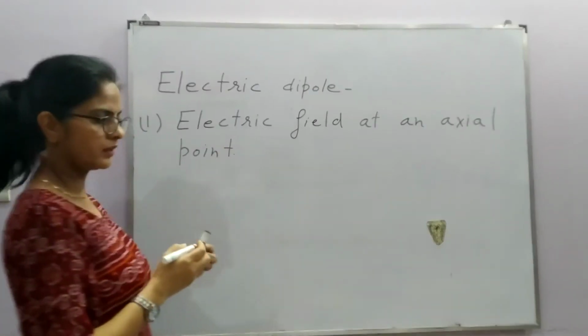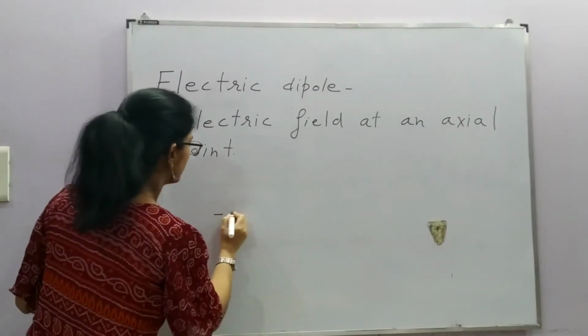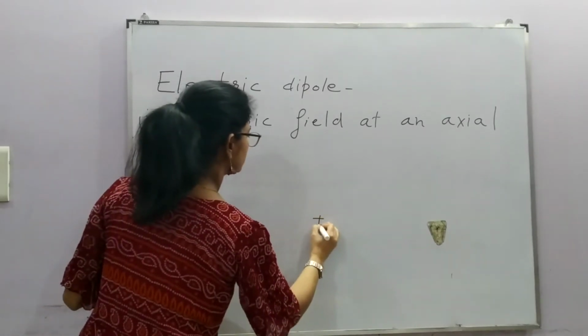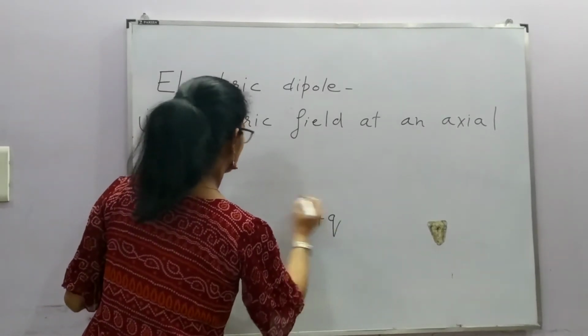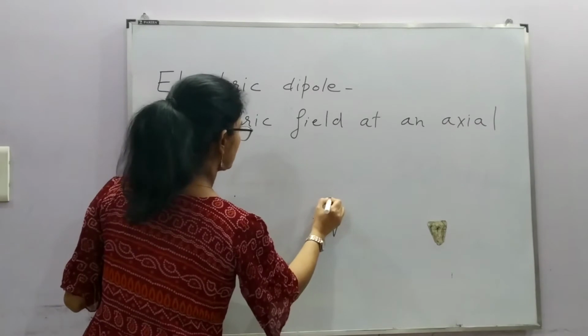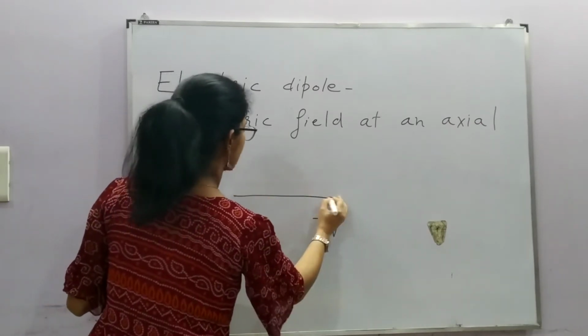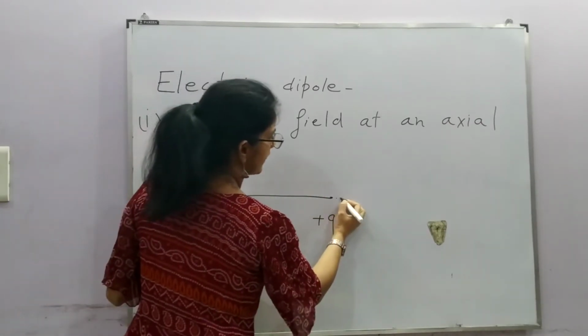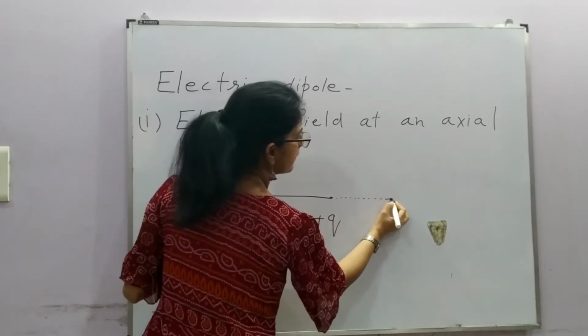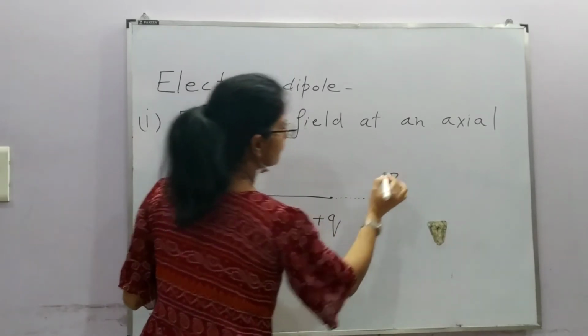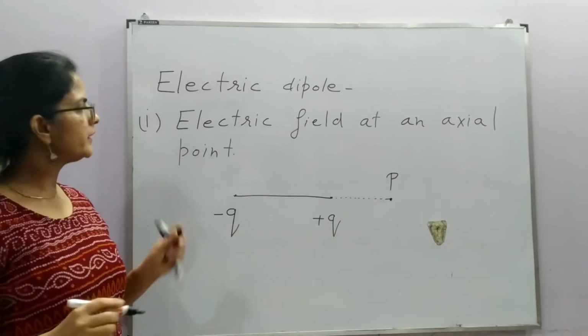For this, let's consider a point P on its axis. That is, let's extend this line and mark a point P where we want to find out the electric field